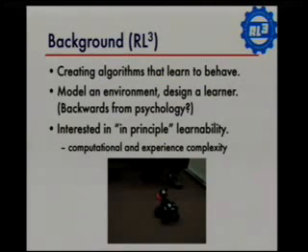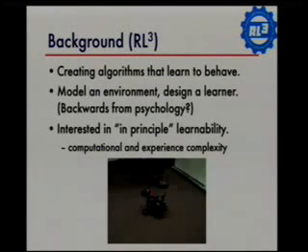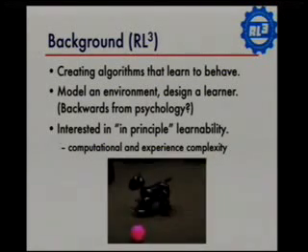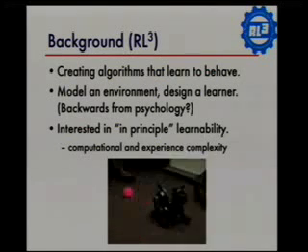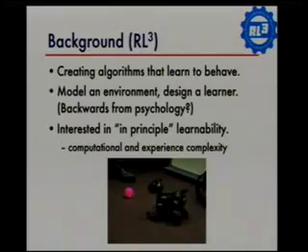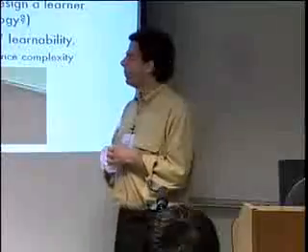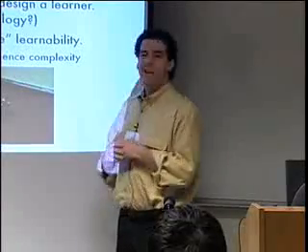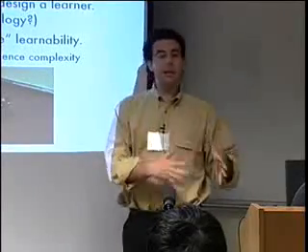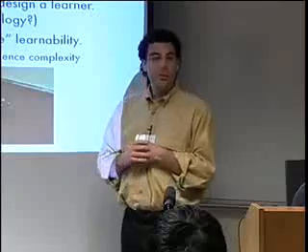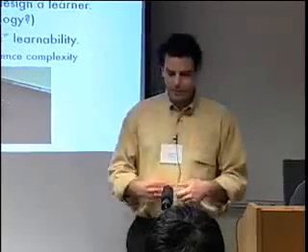One of the topics that I'm particularly interested in is in-principle learnability. So the idea of what sort of things can be learned from data. If we can make algorithms that learn it, that's great. If we can prove that algorithms can't learn it, maybe people and animals can't learn it either. Maybe that's not the problem that they're solving. So I think some of these things actually provide insight and constraint back to the psychological side for understanding human and animal learning.